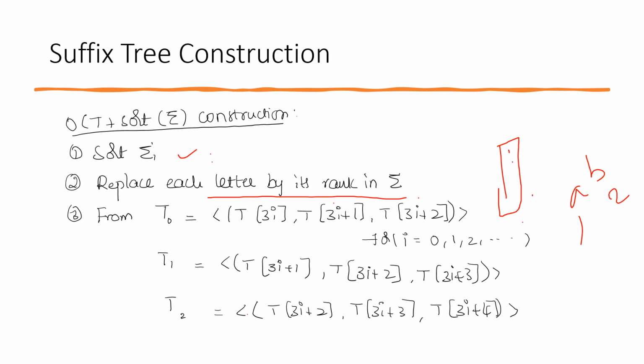Here the idea is the third step. We take the letter at position i, then the letter at i plus 1 and the letter at i plus 2, and concatenate these three values to form a triplet. So we'll form a triple letter. This i can start from 0, 1, or anywhere. I can start from the first letter or the second letter, but we have to do it for all the letters. Once we finish this, we'll start the recursion.